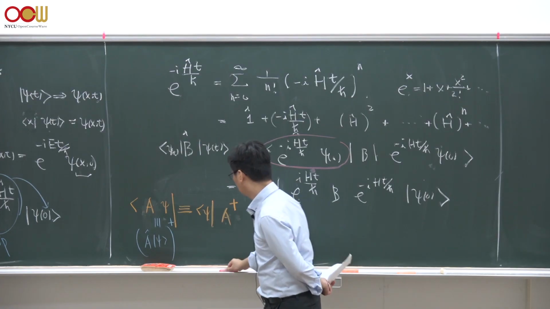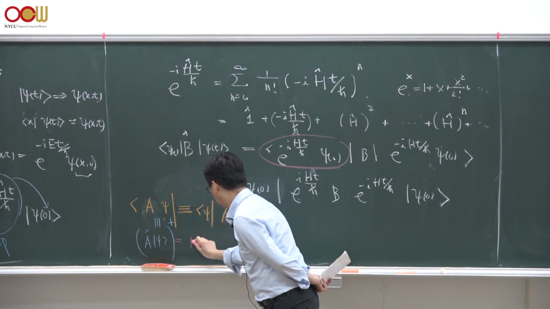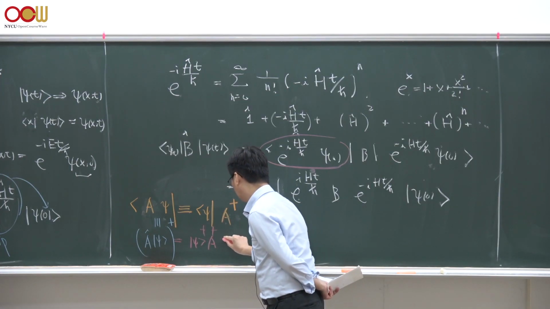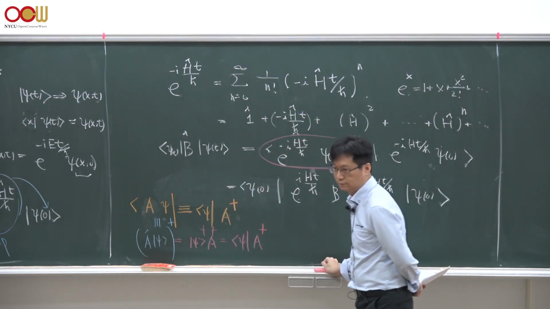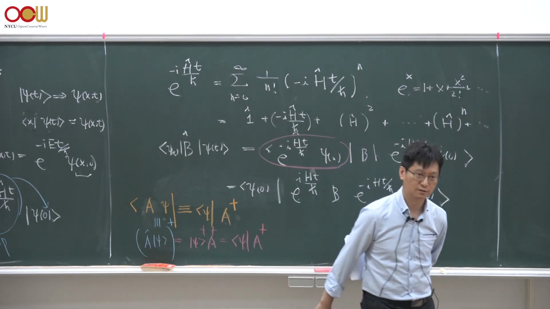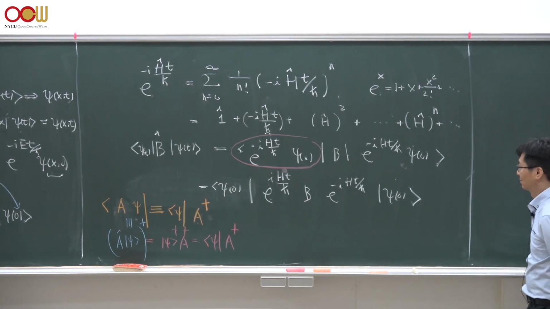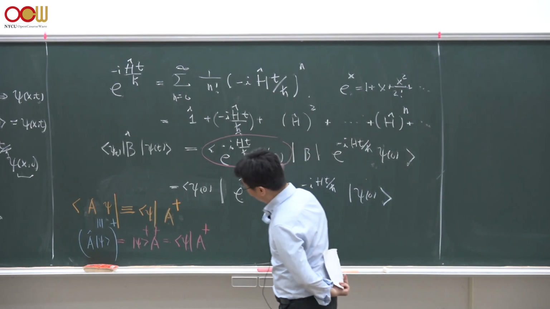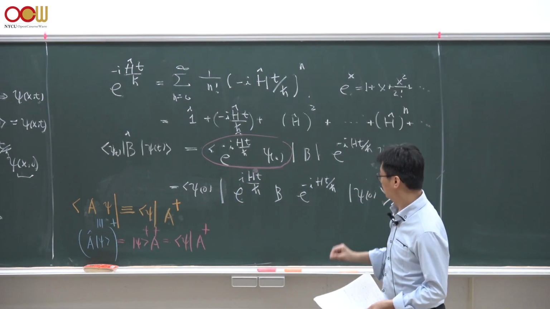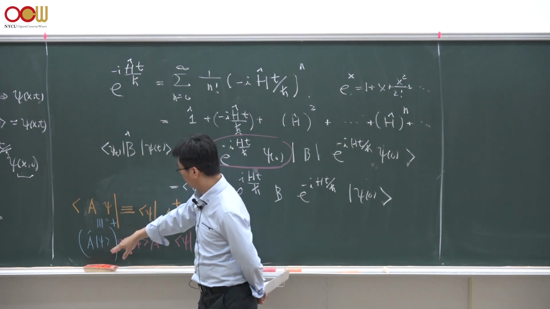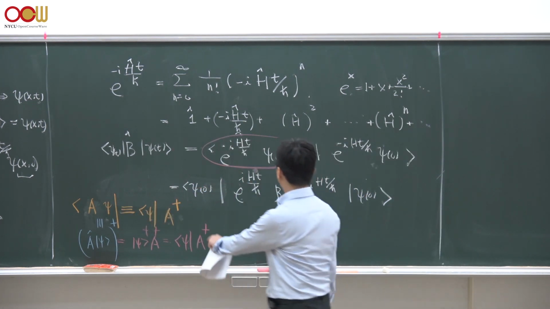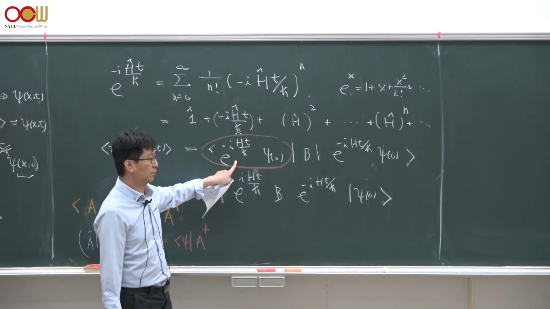So let me do it. This is what? You interchange these two, psi and A, but you put a dagger. The dagger of a Dirac ket state is a Dirac bra state. Remember that. Okay, so anyway, this is your homework exercise, that you need to really do the algebra and follow this Hermitian conjugate convention of the Dirac state. So now I follow the definition of this Dirac state, I get